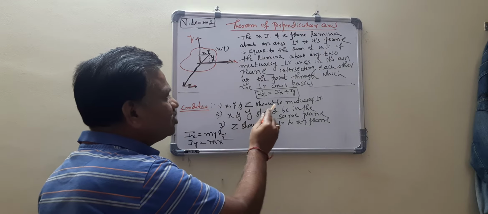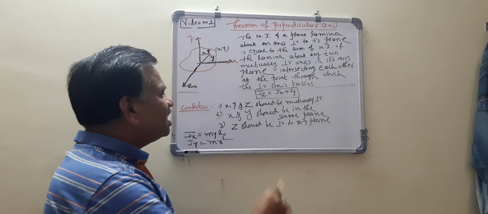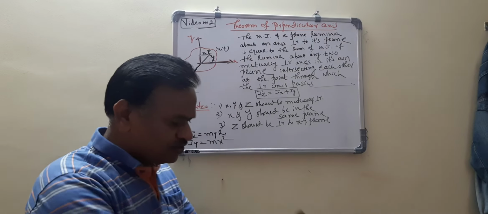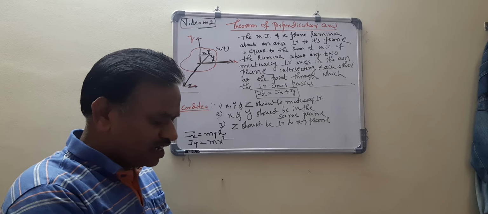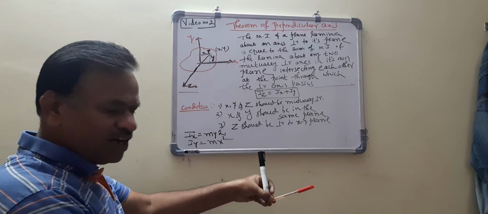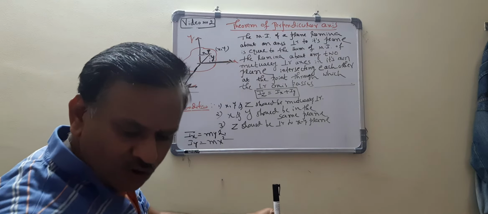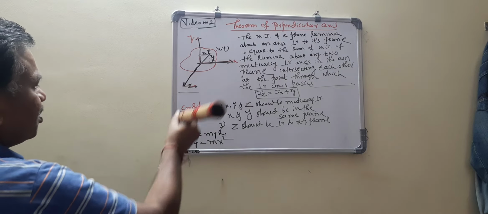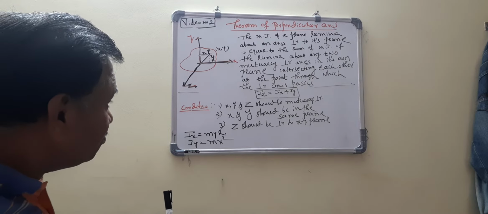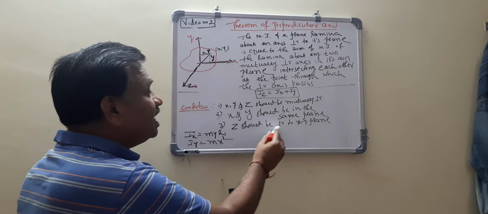X, Y and Z should be mutually perpendicular. All are perpendicular, no doubt. Then X and Y should be in the same plane, that I told you. This is X and this is Y. It is one plane. This board, X and Y. What about Z? Z is perpendicular to it. This is another plane. Now, Z should be perpendicular to